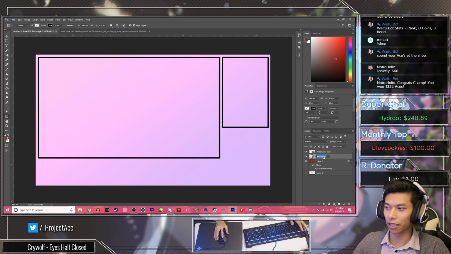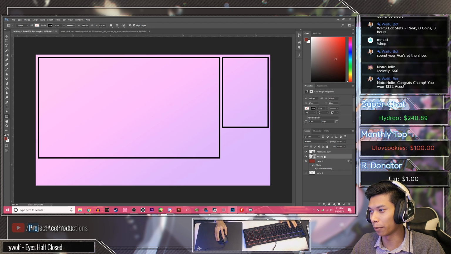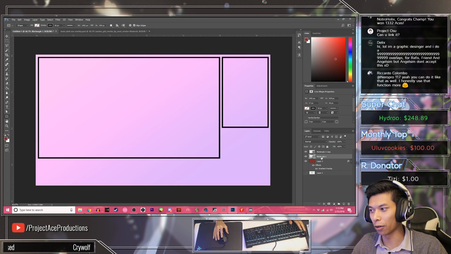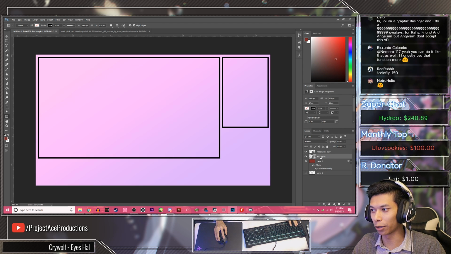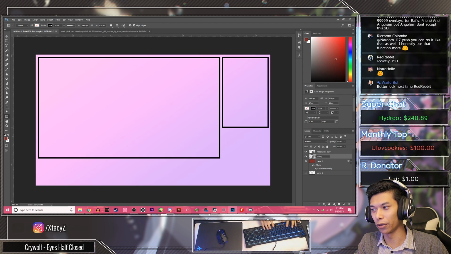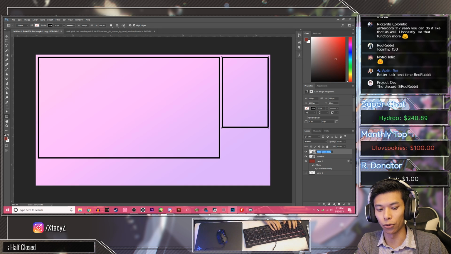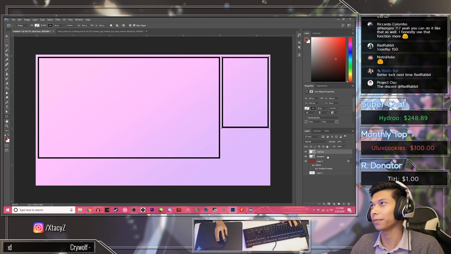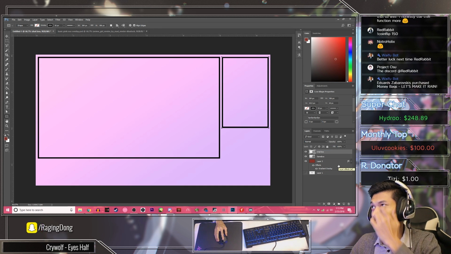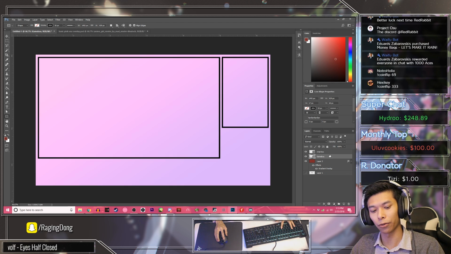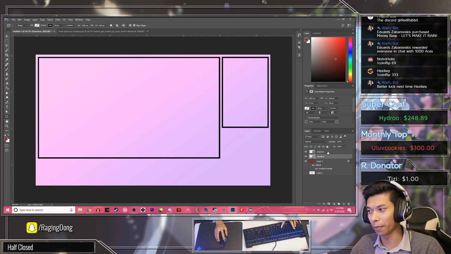Let's name everything, okay? To name stuff, basically go to your layer box, and rectangle 1, I'm gonna double click it to rename it. You can also right click to rename, but double clicking is a lot easier. I'm gonna change that to game box. On top right here, I'm gonna change that to chat box. All right, and for game box, what I'm gonna do is do Control J to make a copy of this,